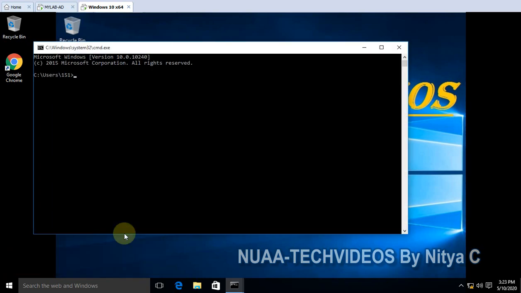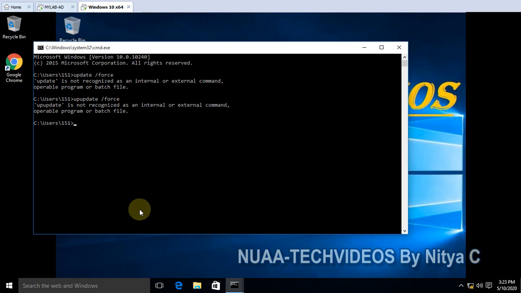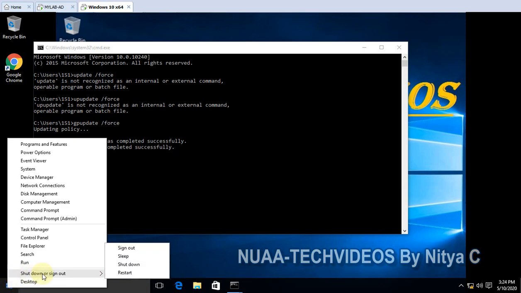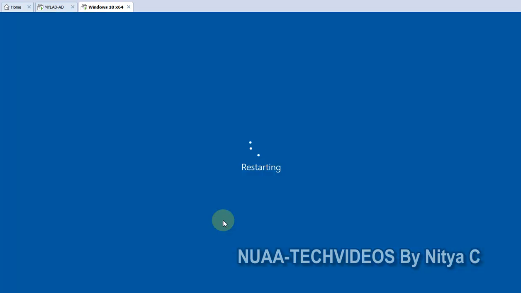Here we go, and let's update the group policy. In CMD, gpupdate /force. I'm sorry, I typed it wrongly. gpupdate /force. Okay, it's updated, and let me take a reboot.